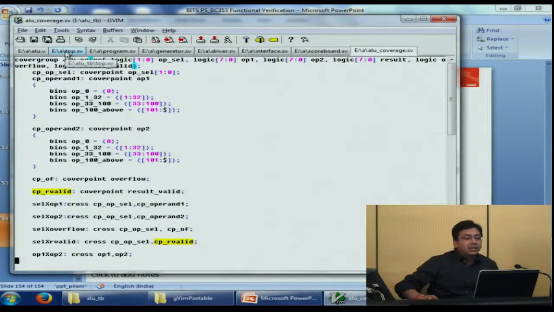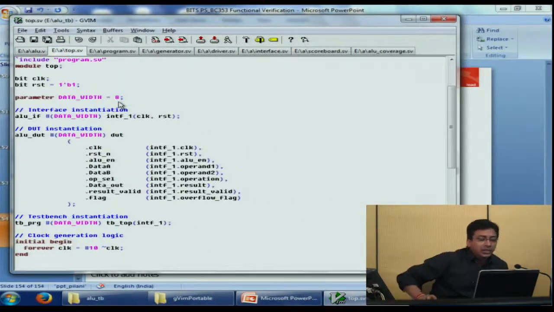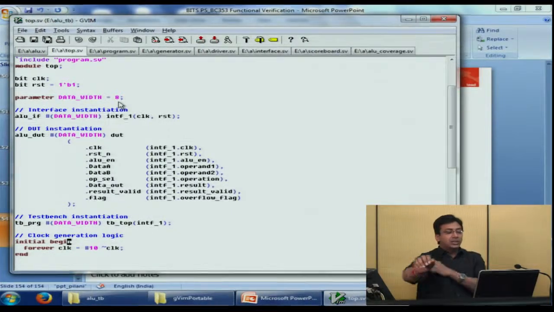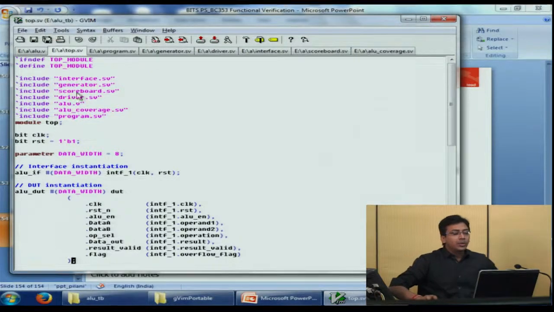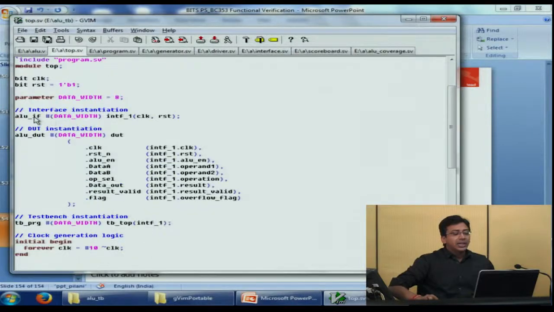Now let's go back to the top module again to just go through the components one more time. So this is the top module of the test bench, wherein the interface, generator, scoreboard, driver, the DUT, functional coverage and the TB top have been included, and the interface, DUT and TB top have been instantiated.